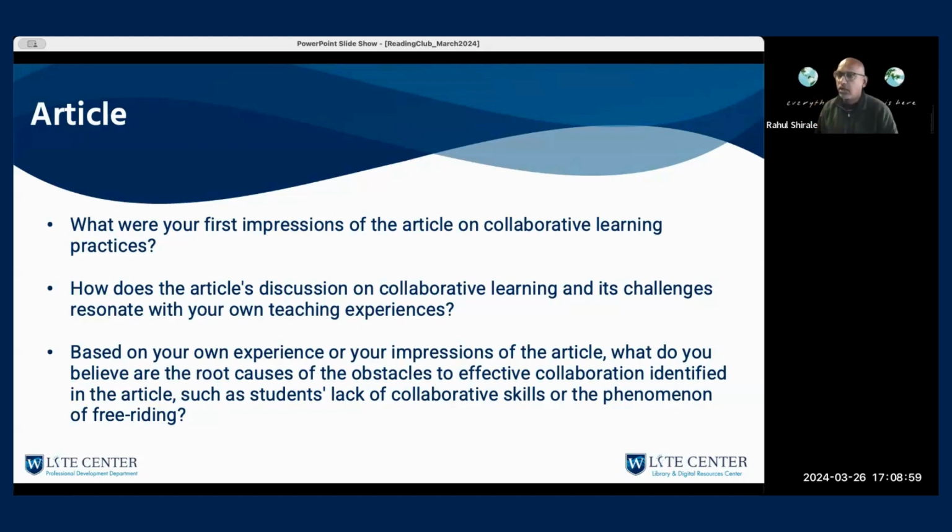It was just interesting to see how the article covers different techniques that could be used in increasing collaboration, and their positive and negative sides of what causes poor collaboration. I have the document in front of me. I'm trying to bring the different techniques that they used, or different ways they compared. For example, lack of collaborative skills. The students themselves do not have enough skills on collaborating. The other obstacles that they found in collaboration was free writing,